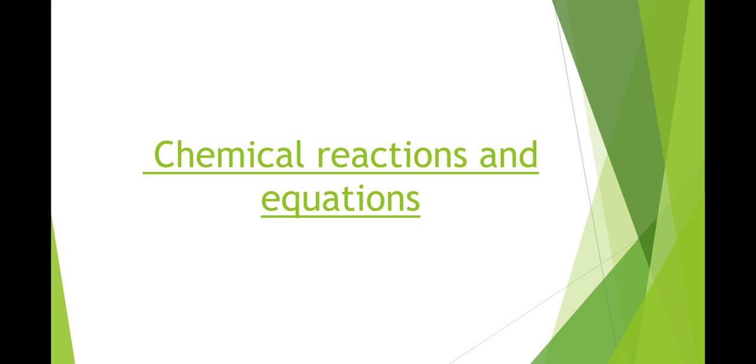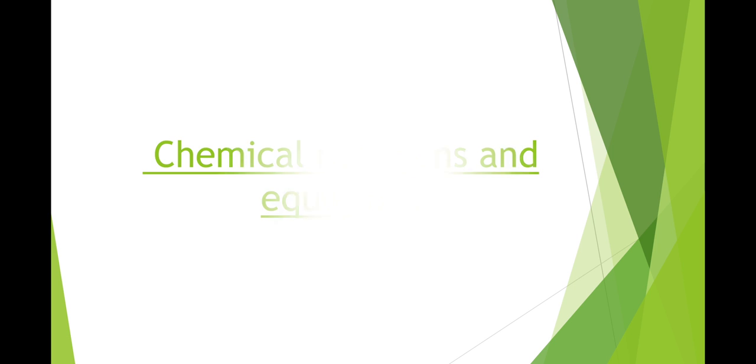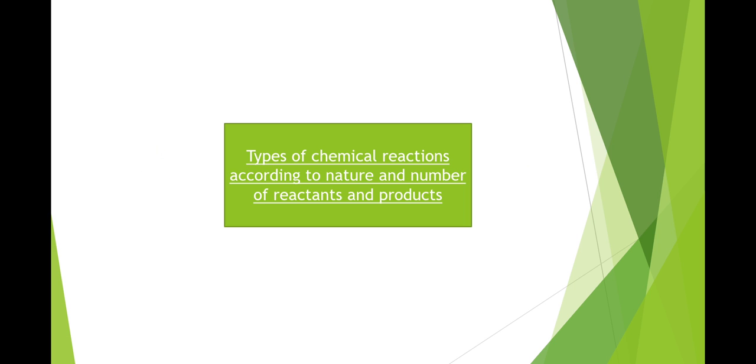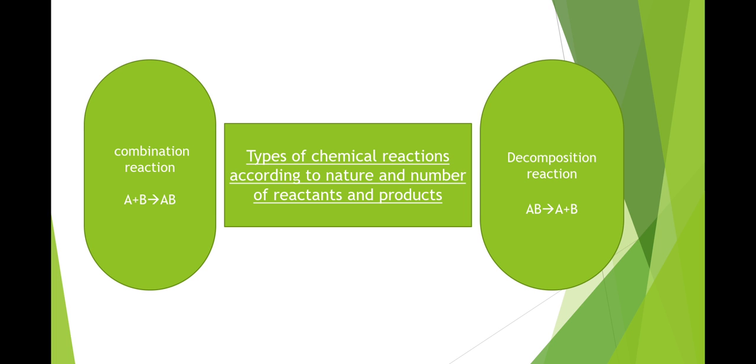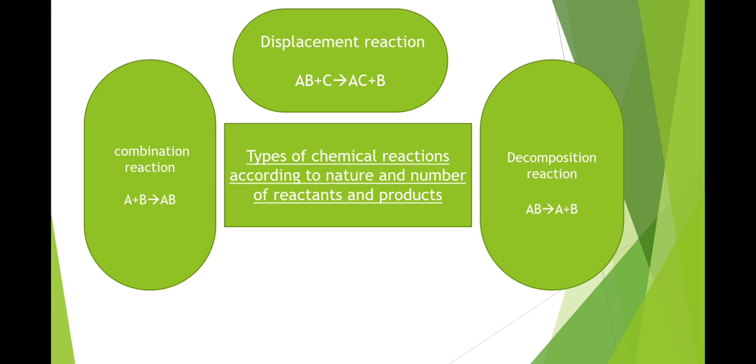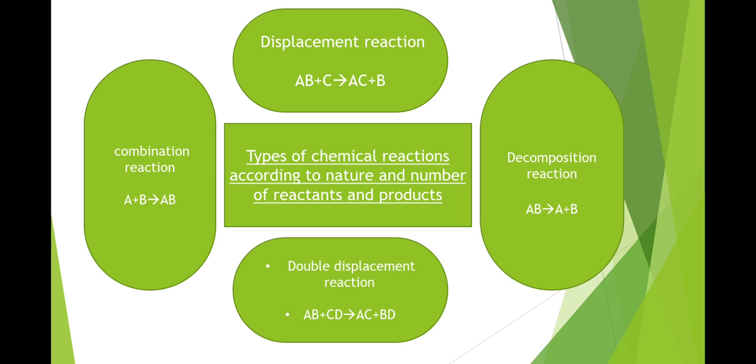Till now, we have studied different types of chemical reactions, equations, and balancing a chemical equation, plus different types of chemical reactions. These types of reactions depend on the nature and number of reactants and products. Do you remember which are those types and how many are they? Yes, very good. There are 4 different types of chemical reactions according to this criteria. Those are combination reaction, decomposition reaction, displacement reaction and double displacement reaction.